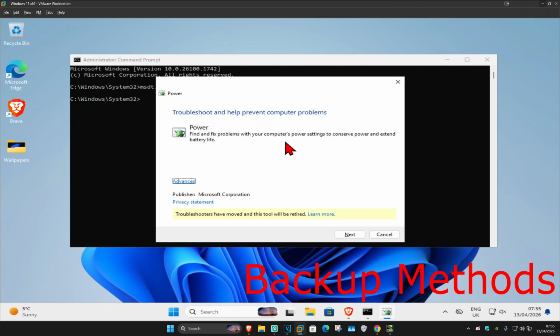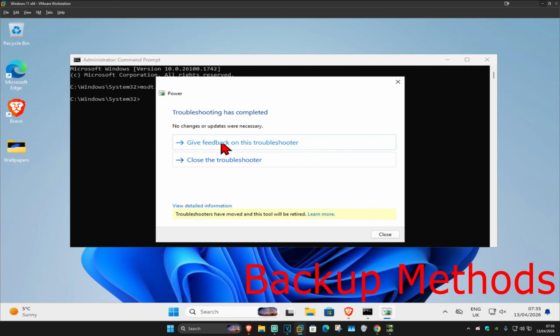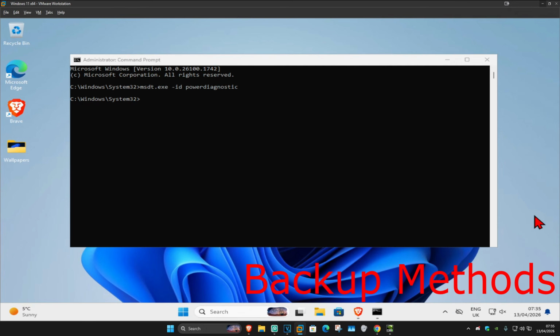And now this will come up, the battery and power troubleshooter. Click on next. It's now going to start detecting any issues. Just wait for this to load. If it finds anything, it will try to fix it for you. See if that works. Now for the final method, I would recommend taking your laptop to a PC repair shop